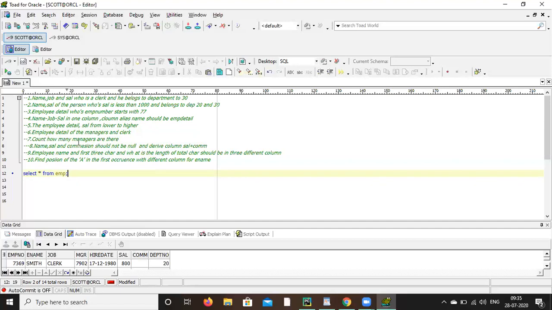Cut that and paste it. I want name, comma, salary, comma, commission, and derived column salary plus commission. Full stop. And commission not equal to null. Okay, correct.